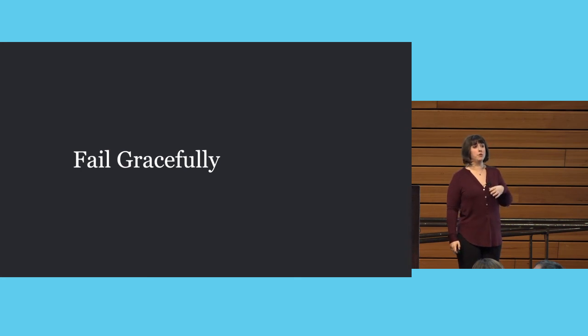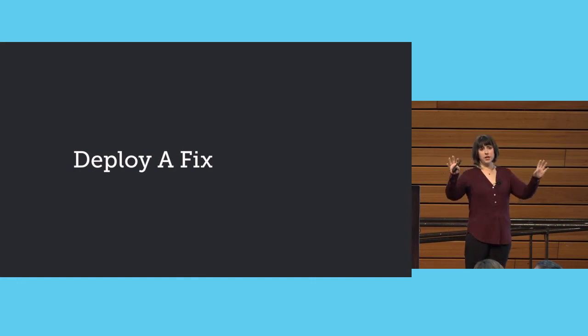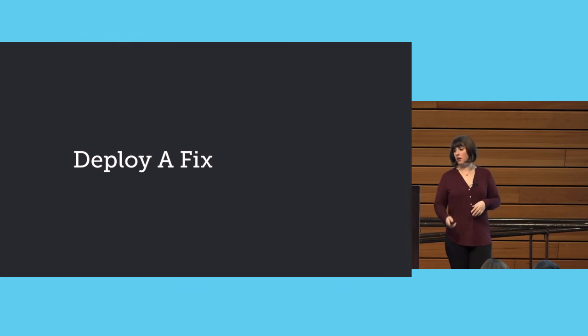And all of this is about failing gracefully, because things are going to go wrong. You don't want them cascading across your system. You don't want your system being unprepared for when things go wrong. You need to build your system knowing that things are going to go wrong up front. So in the process of doing all of this, you've isolated your system and you've identified the problem, and you go ahead and deploy a fix.